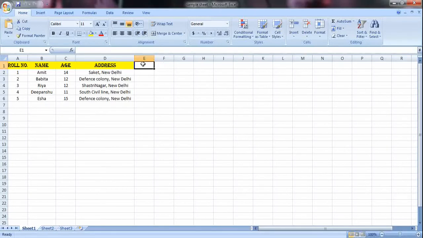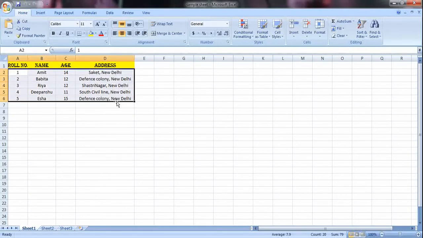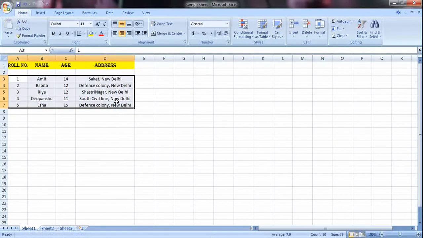So what I will do is I will simply select this information and just drag or move this information one cell, just one cell below.